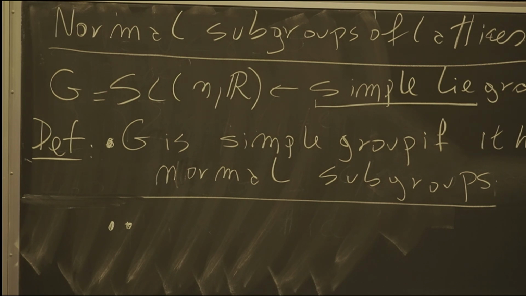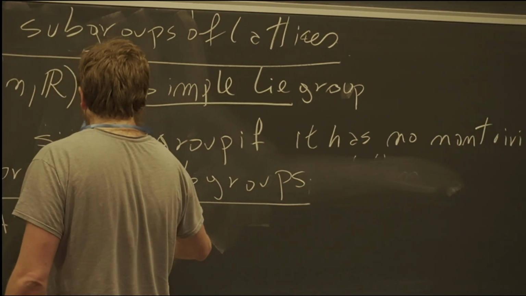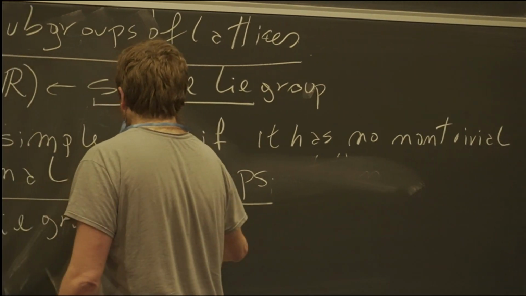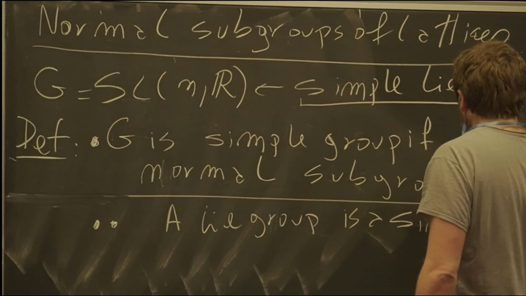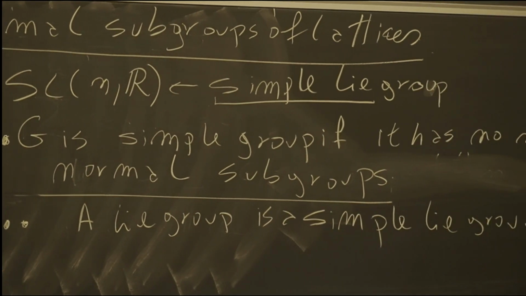For n odd, it's actually simple, but we want to put all together, so a simple Lie group is a simple Lie group